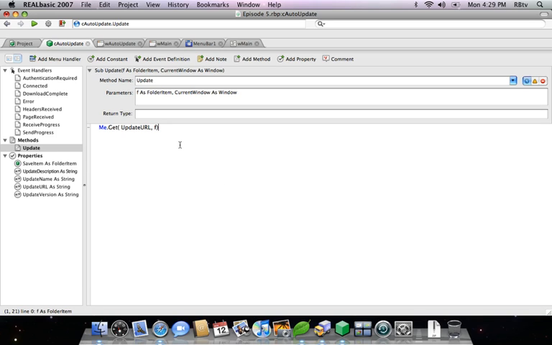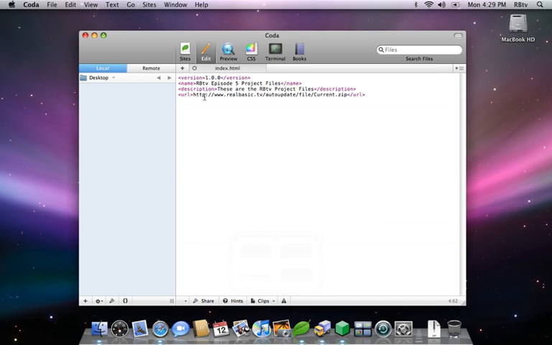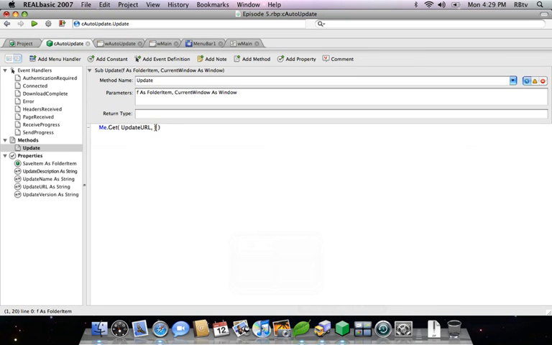So we're going to be retrieving the file at the update URL, and in this case it was, if you remember, this file right here, current.zip, which is located in the file directory. And then we're going to be saving it wherever the user passes, whichever directory the user selects. Now nothing's in updateURL yet. We haven't written the function to actually retrieve the data yet, but we're just preparing this method